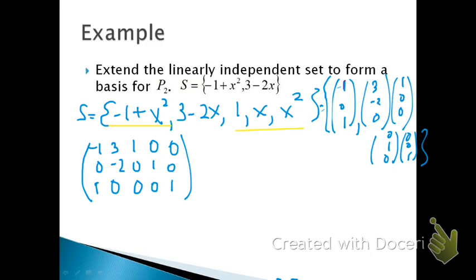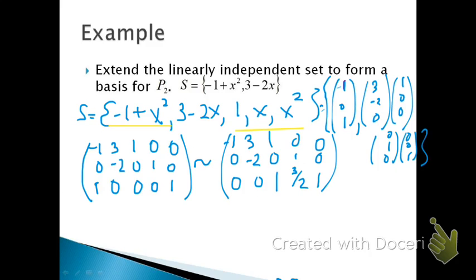And so now if we put this into a matrix form, we just want to put this into REF. And by putting this in the REF, we can find out what our pivot columns are and form a basis. Putting this into row echelon form, we get these 3 pivot columns. And so therefore,